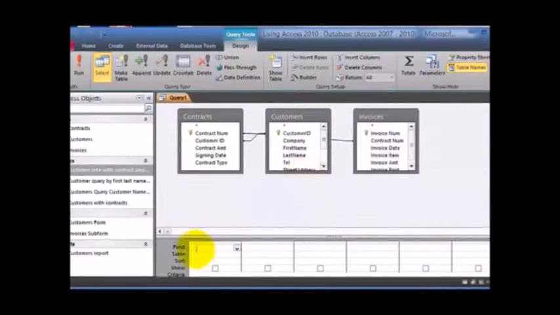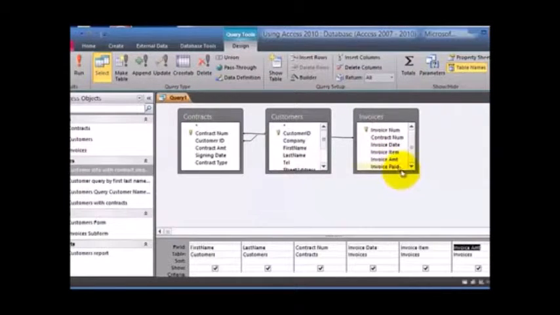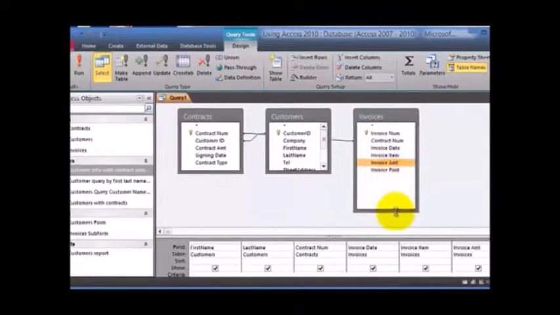Now let's say that the first field that we want in the query is the first name. Then we choose the last name, so I could double click on it. And then let's say I want the contact number for whatever reason, as a reference, I guess. And then we can choose here the invoice date, the item on the invoice, the amount, and then finally if it was paid or not. By the way, you can make these bigger by just dragging it down. Then double click on paid or not,